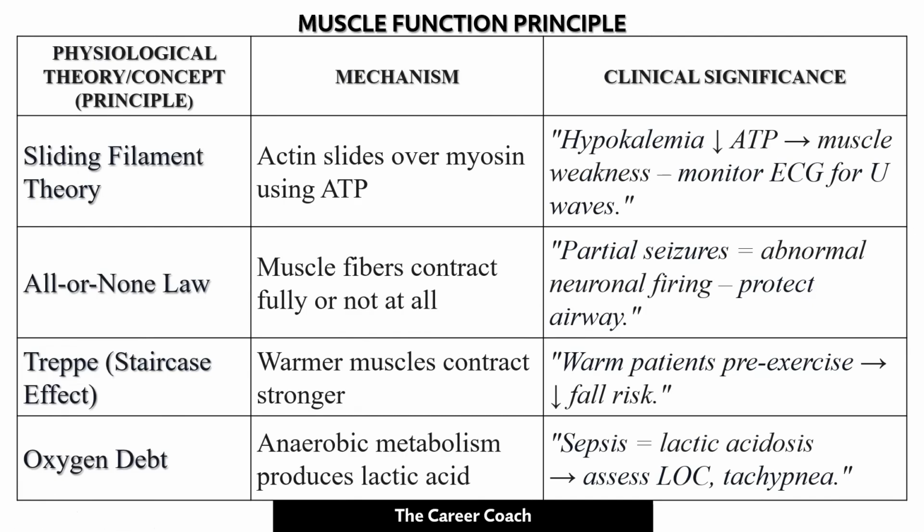So the all-or-none law is a muscle and neuron physiology principle that states that when a muscle fiber or neuron is stimulated to its threshold level, it responds fully, producing a complete contraction or action potential. What this all-or-none law means is that muscle fibers and neurons either respond completely or not at all. There is no partial contraction of an individual muscle fiber. How does this apply to nursing? It is applied with regards to partial seizures. Partial seizures occur as a result of abnormal neuron firing. There is therefore